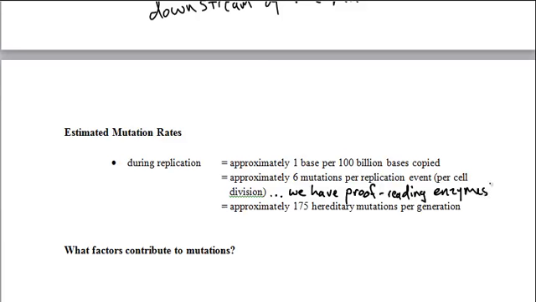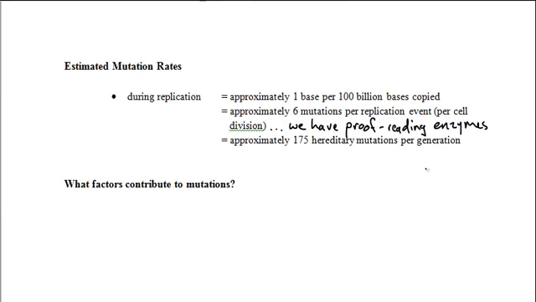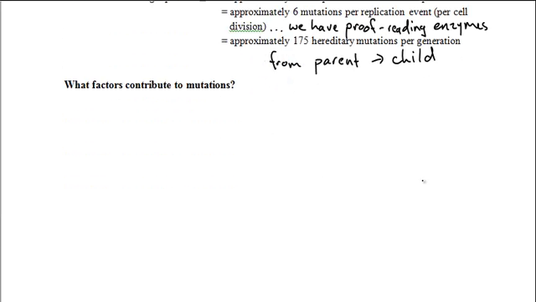that go back and correct some of the mutations. And as a result, there's about 175 hereditary mutations per generation, so from parent to child, you will have approximately 175 mutations or base changes compared to your parents. There are many factors that contribute to mutation. The first are simply errors made by DNA polymerase